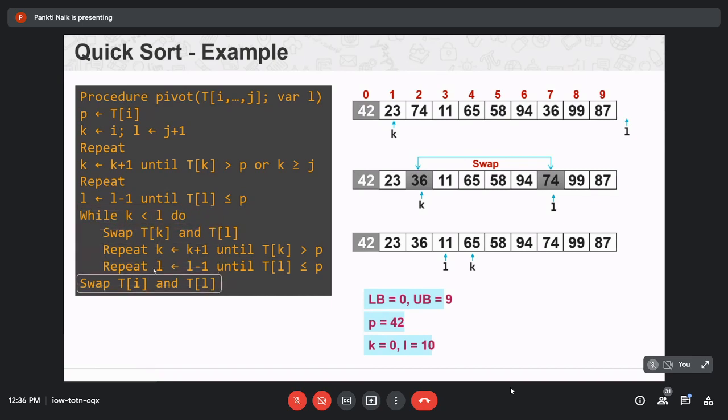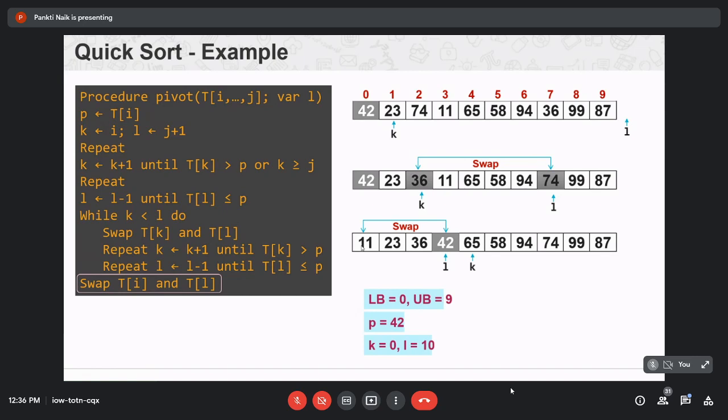And swap the T of I value and the T of L value. So T of I value, that is your pivot value, and T of L value, that is 11. Swap these two elements.